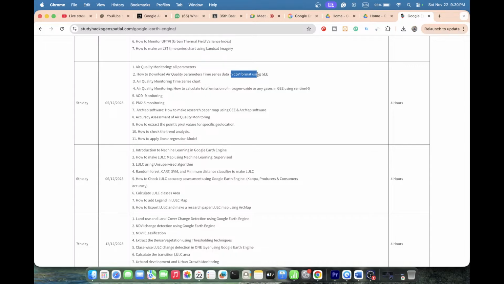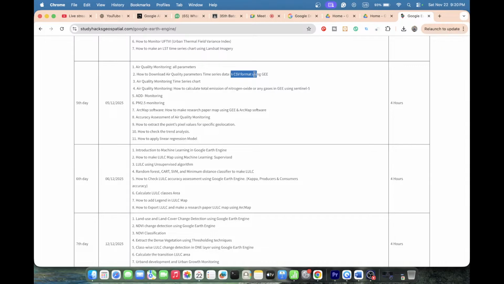Yeah. General, quick question. I noticed a slight discrepancy. I'm looking at the classroom, 35 batch 7-day GE online training, and the schedule and the items in each day are slightly different from what you are showing right now. Is there any chance I can get this schedule with these items? For example, for the 5th day, you only have 6 items, but in your list, you have 11 items.